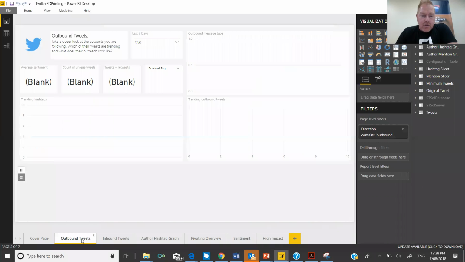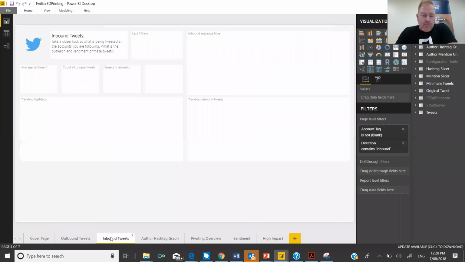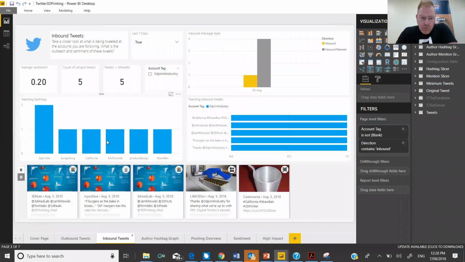So this simply for 3D printing, I followed one of these Twitter handles called 3D Print Industry. And so we're really just tracking inbound tweets for those guys.